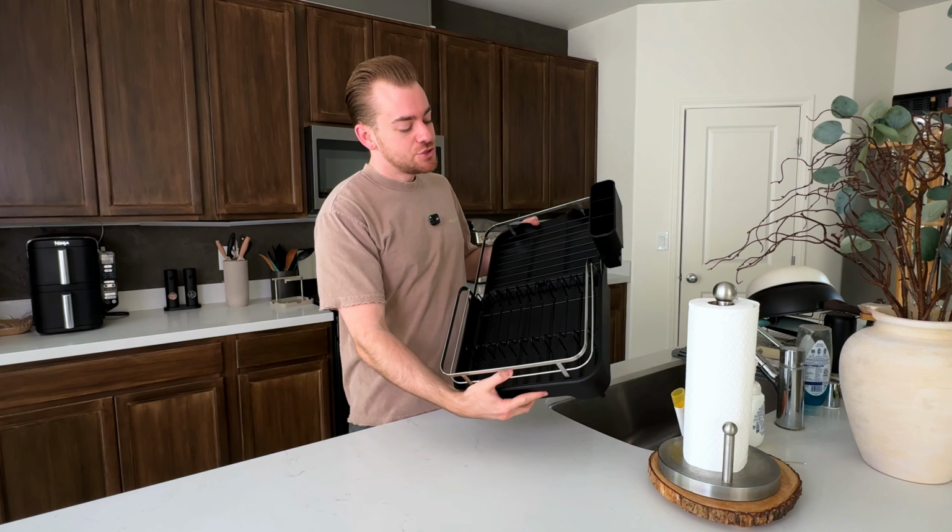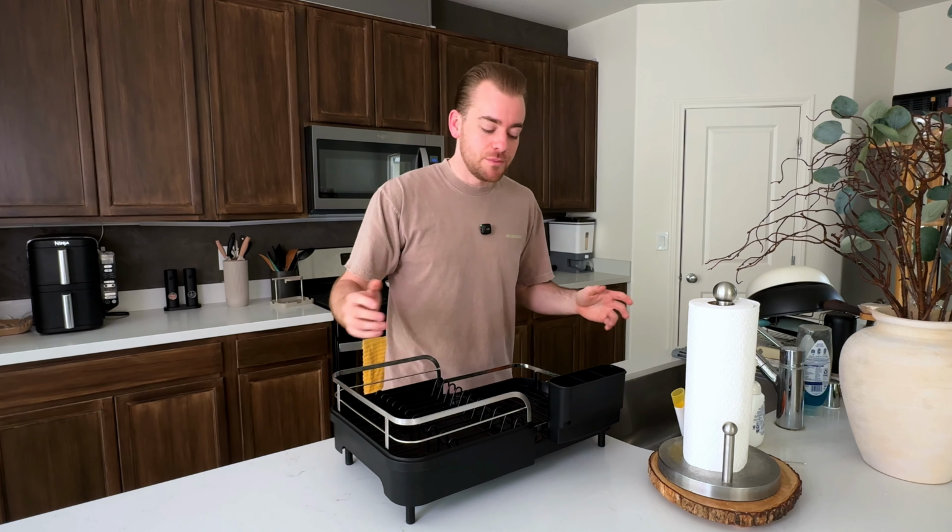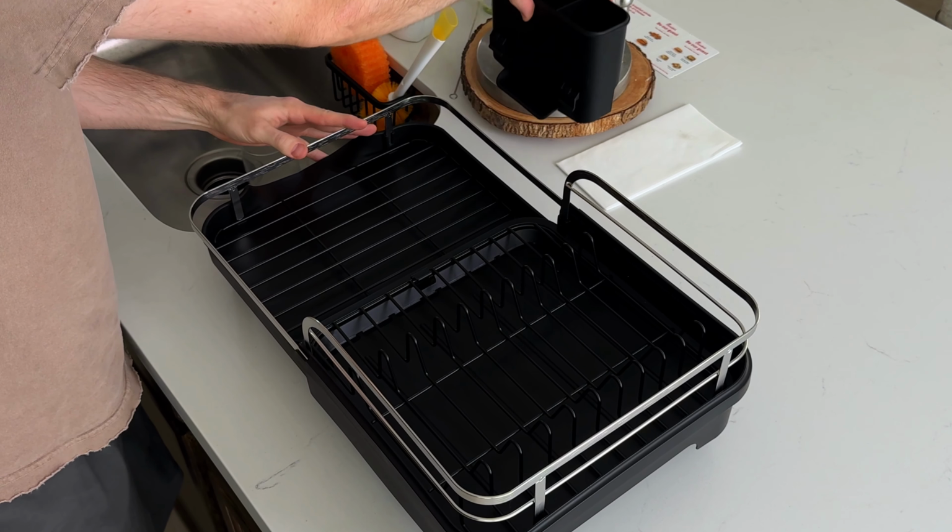Just got in this dish organizer. This has been super handy in the house. It is expandable, which is probably my favorite part. As you can see here, we have the silverware holder that's just gonna go ahead and clip onto the side